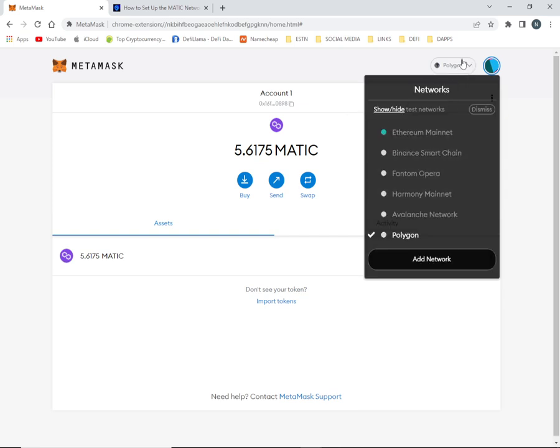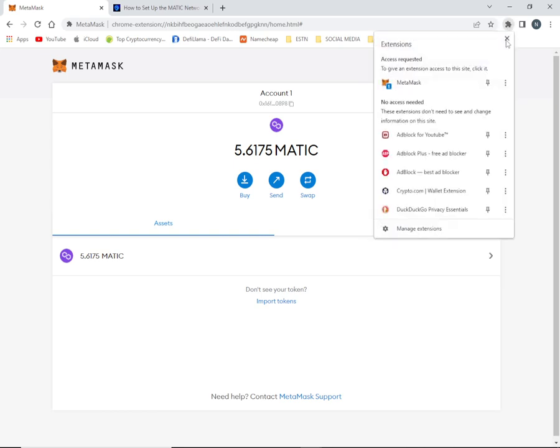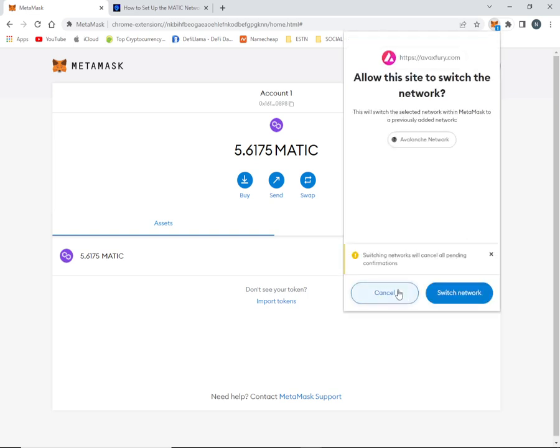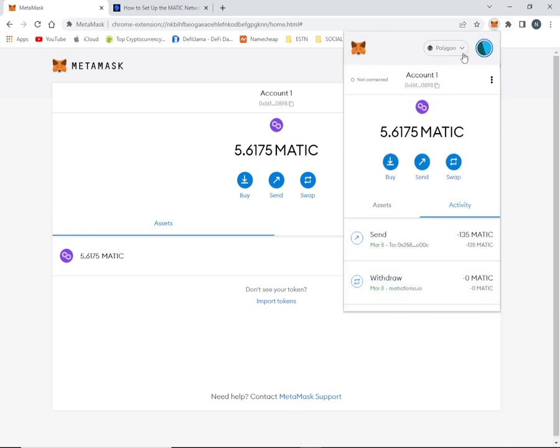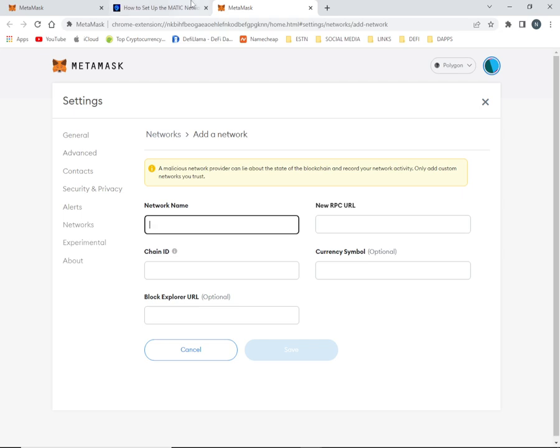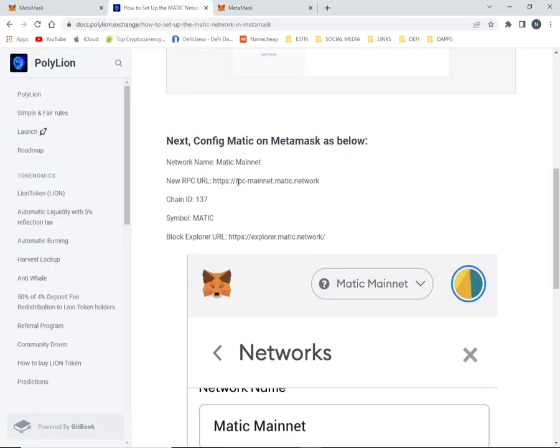So once you're on your MetaMask, you could click on your extensions, click on your MetaMask, and once you're on your MetaMask, you go up here and you click on that, and you go down and you select Add Network, and that will bring you to this page here. Once you're on this page, this is where you copy and paste all the info to add the network. So you go back over here and you start with name, Matic mainnet, you copy that,